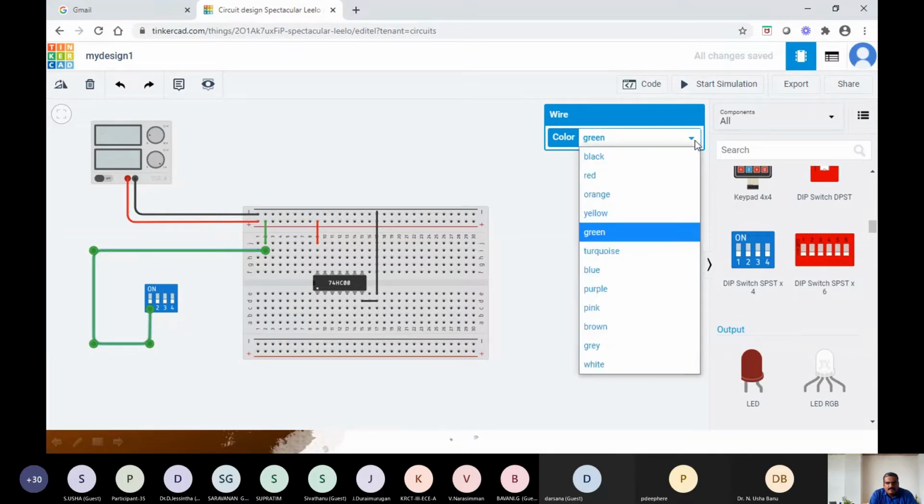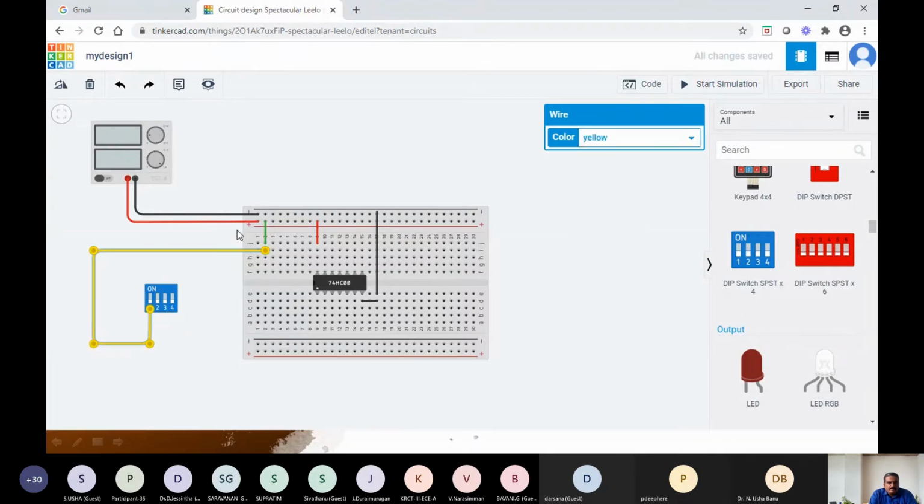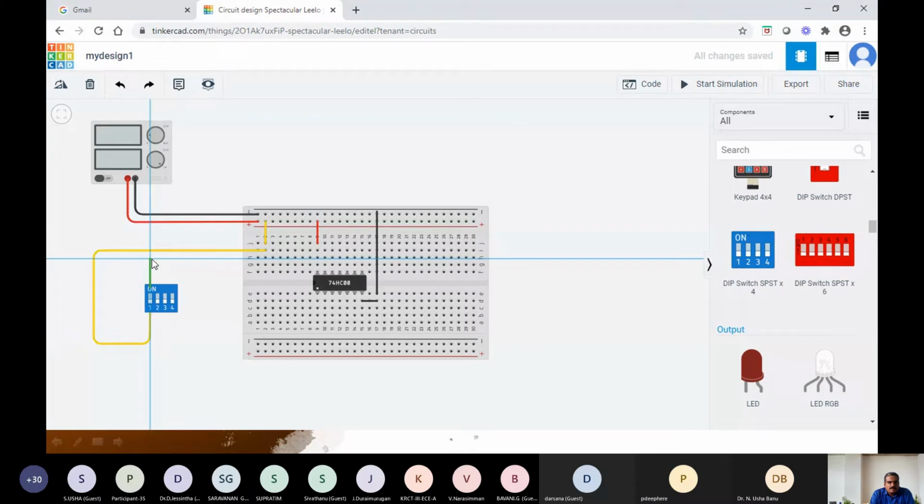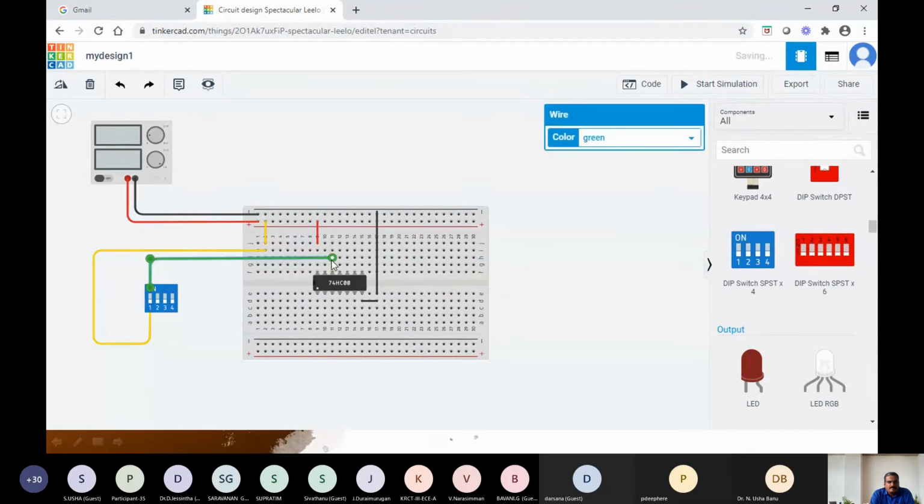So let this first line be a yellow color line. So it shows that yellow color line is my input A, right? So from 1B, I have to give it to pin number 1, right? Or any other pin we can take. So as it is nearer to this side, I will be giving it to input 4A or input 4B. Okay, so I am connecting it to input 4B. So let the color be yellow, right?